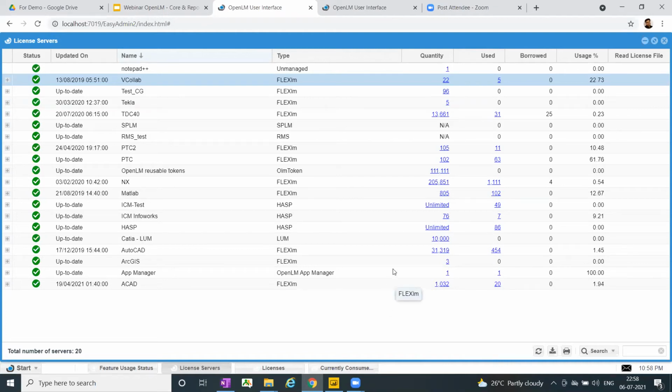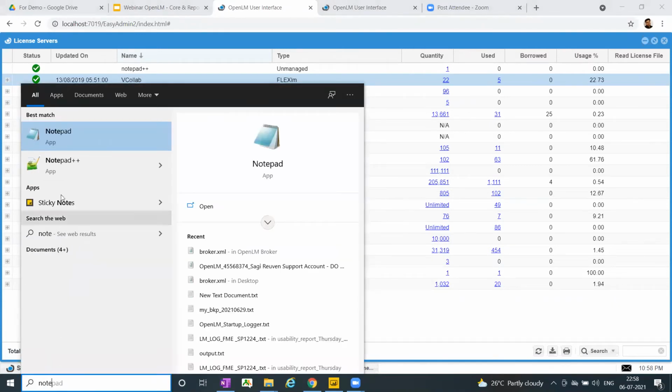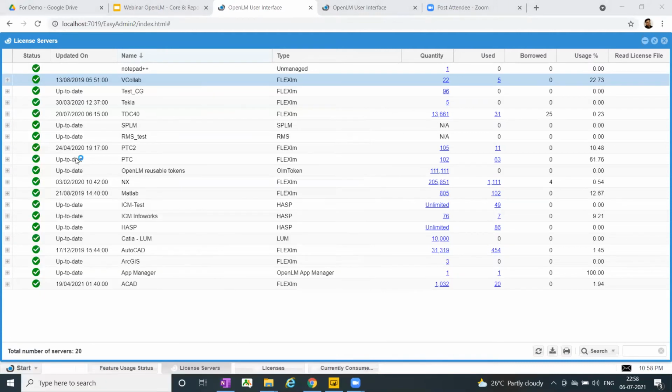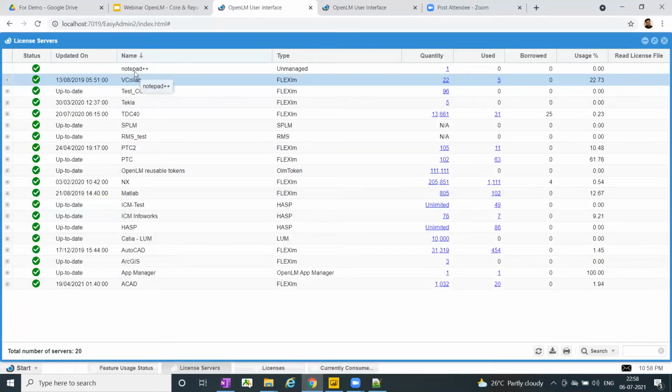For example, here you can see I have different license managers configured from different servers like FlexLM and others, and I've also configured Notepad++. This I'm monitoring using the process name of Notepad++, which is Notepad++ itself.